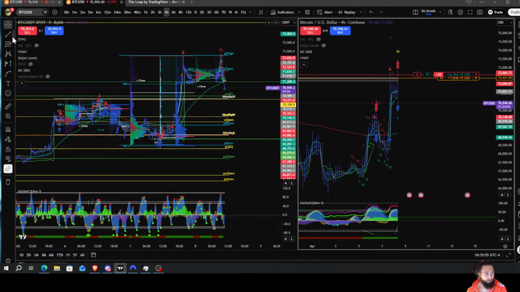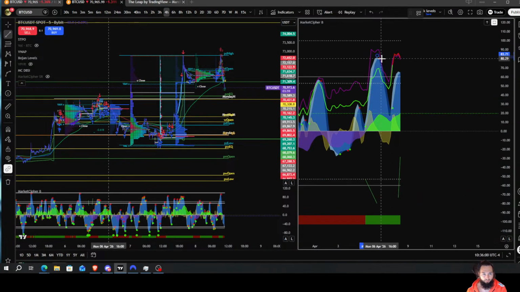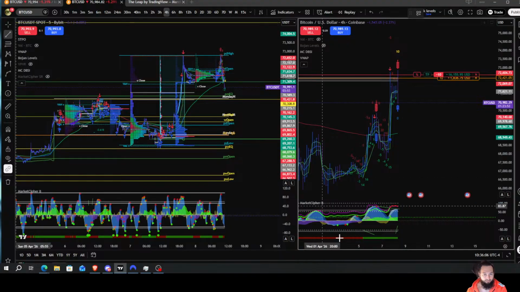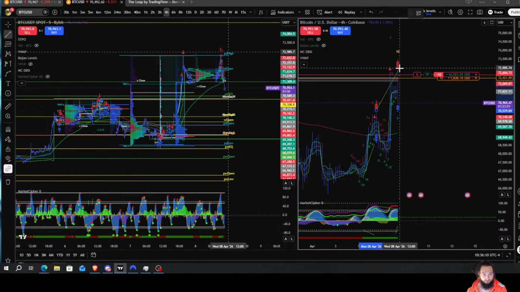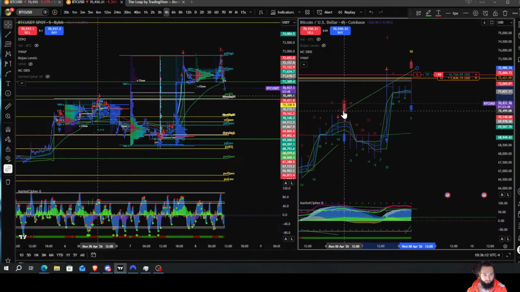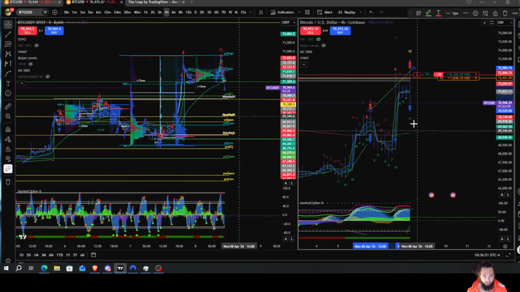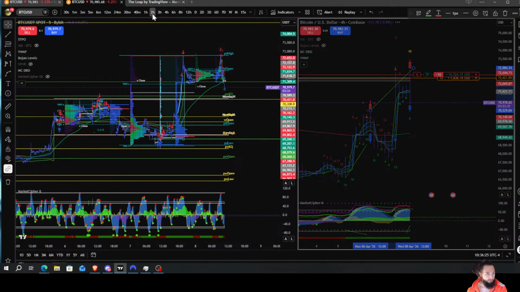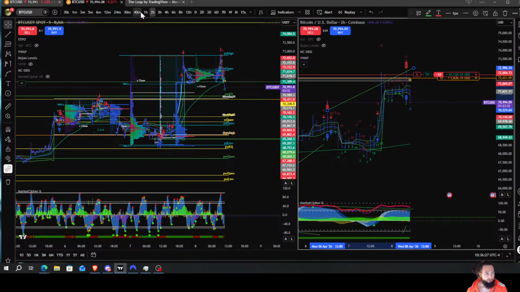So we got 4 hour bearish divergence. If you could see right here on my indicator, we got a momentum wave that's way up here. We got a lower momentum wave, so we got lower highs. At the same time, we have higher highs with price action. Right, we made a higher low, made a higher high, and at the same time we're making lower highs on the momentum waves. So I saw that as we're approaching my level, and then we go down to the lower time frame,